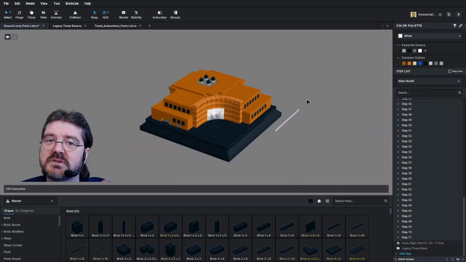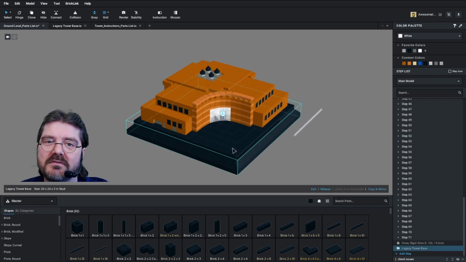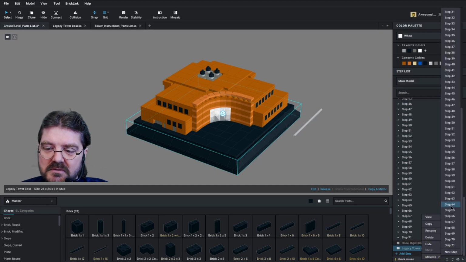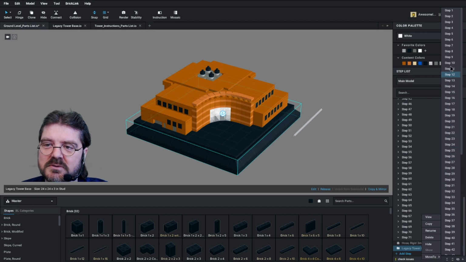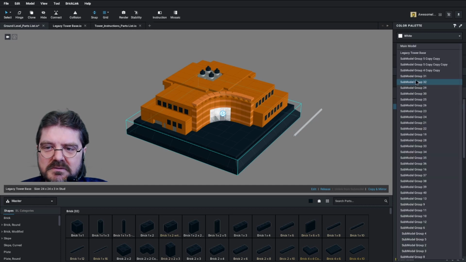And if we went directly into the instruction maker from here, we'd see all of the steps for that model, but we don't want that. What we want is, in the first step, to show the previous part of the model that was built. You're going to go to the right hand side in the step list and move that section to step 1. We'll go up to step 1 and make sure that's the only thing in there, and it is. Now from the drop down menu, we're going to select that submodel,